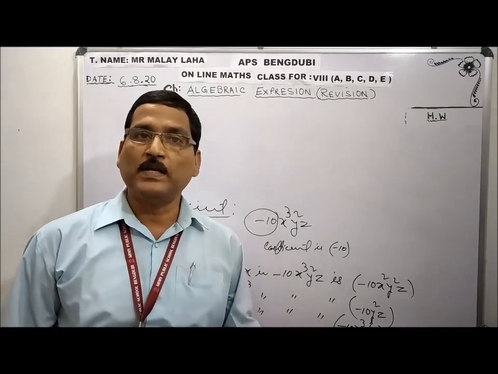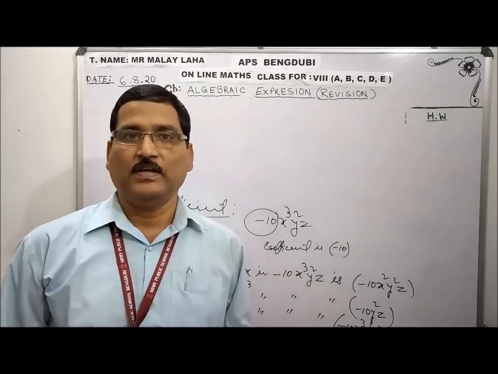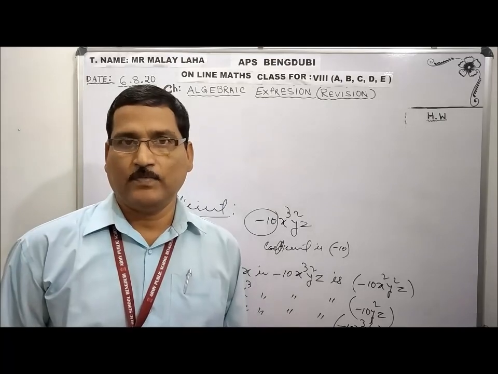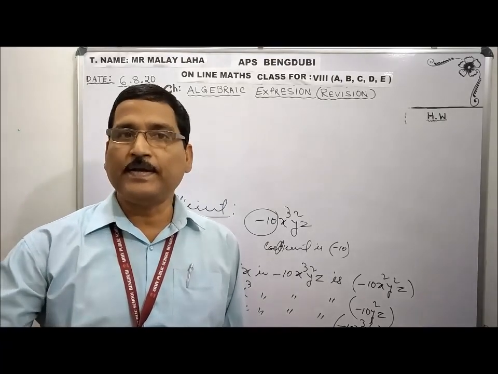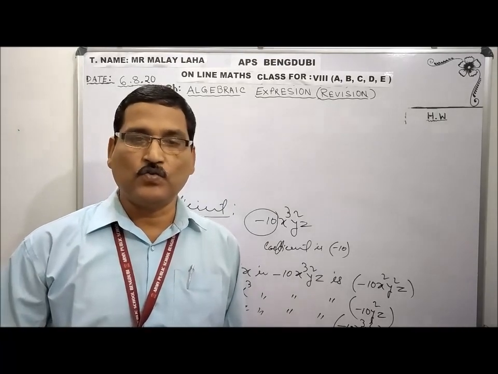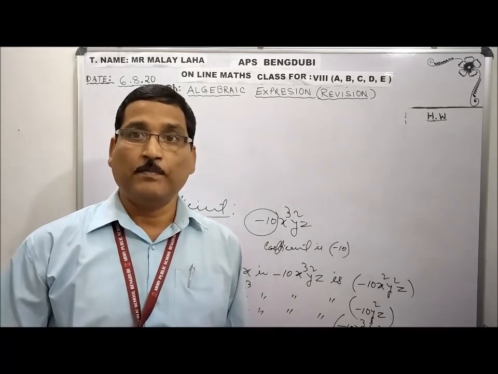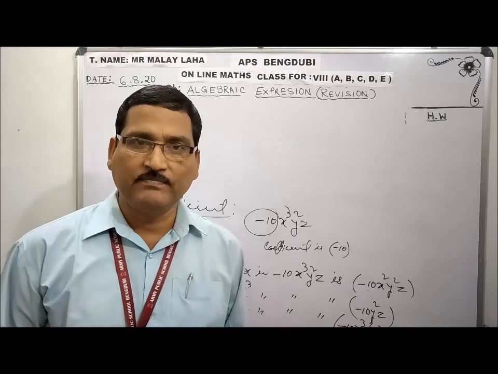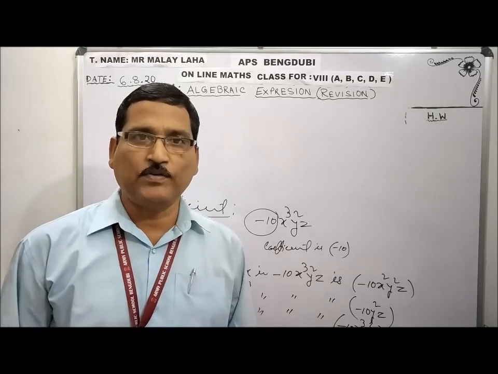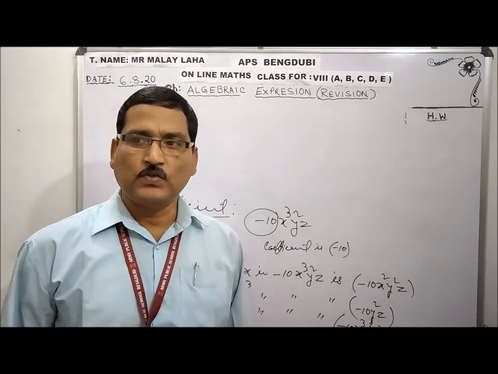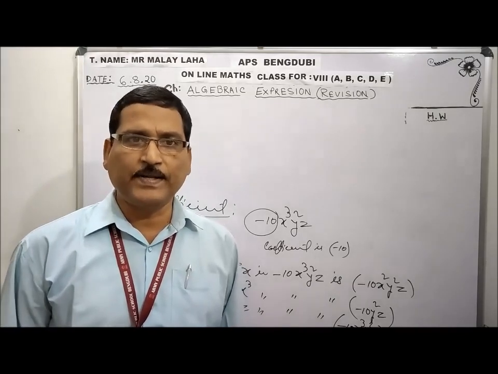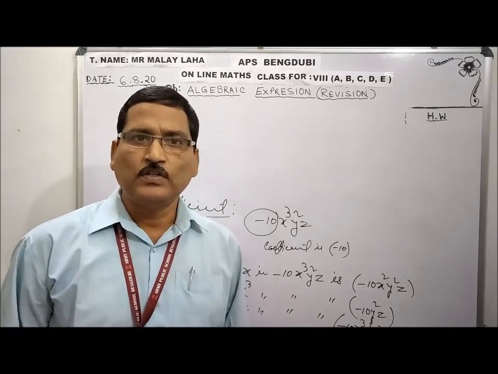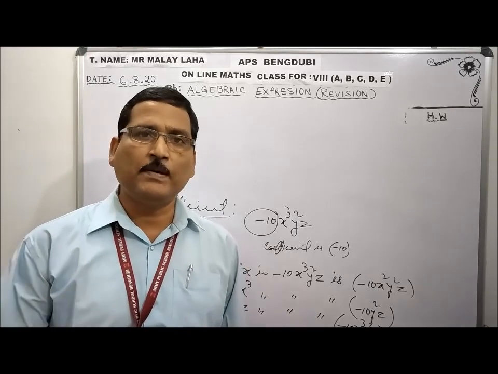Say, what must be added to 5 to get 8? After adding, I am getting a little greater number. It will not be less; it may be equal. What must be added to 5 to get the result 5? That means what do I have to add to 5? 0. After adding 0, 0 is called the additive identity. The result will not change; it will be the number itself.